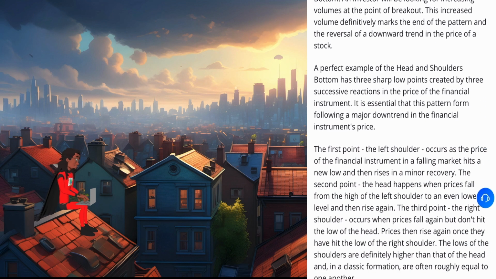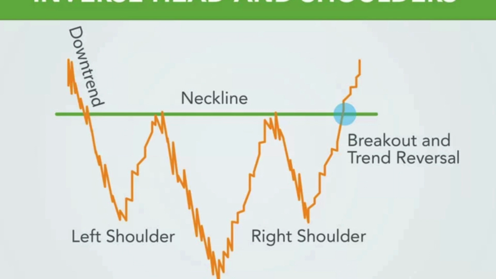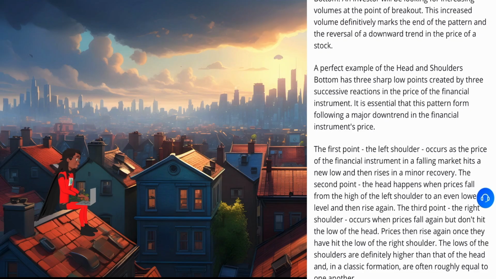All right. Now, volume is absolutely crucial to a head and shoulders bottom. An investor will be looking for increasing volumes at the point of a breakout. All right. So we're looking for increase in volume. This increased volume definitively marks the end of the pattern and the reversal of a downtrend in the price of